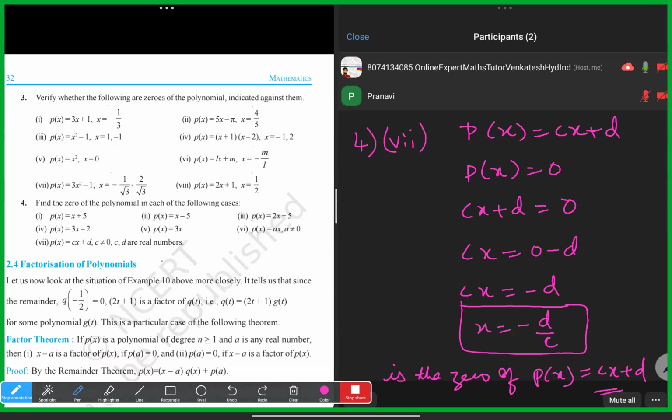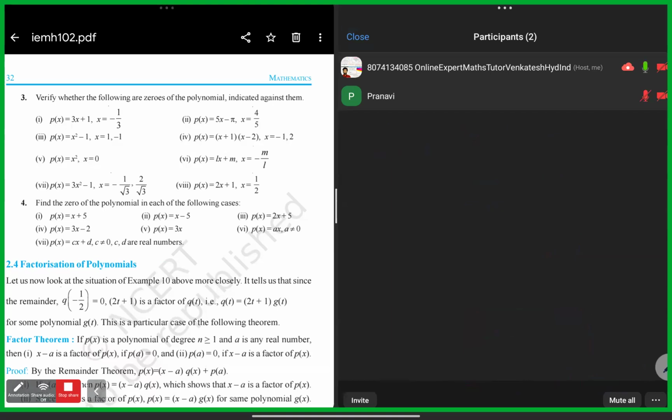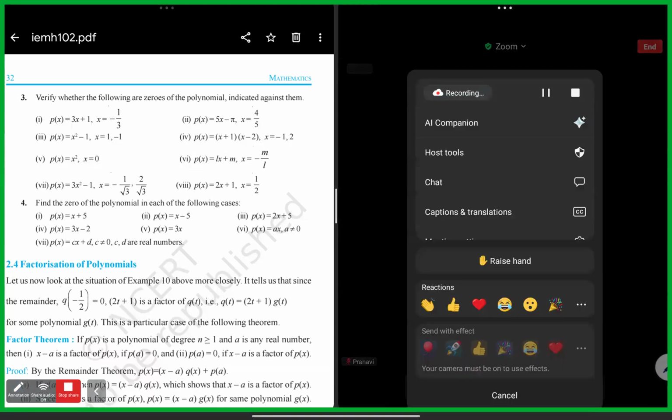Then the last model is finding out the zeros of the polynomial. To find the zeros of the given polynomial, we just need to equate the given polynomial to 0, and solve that equation to find the x value. Whatever x value we get, that is a zero of the polynomial. Okay. These are the models. Yes, sir, I understood. Okay. So maybe especially this